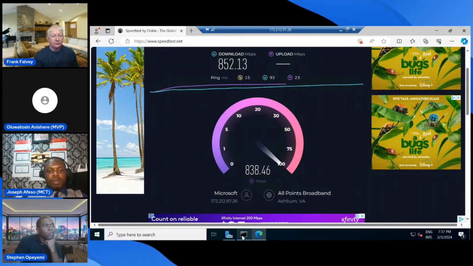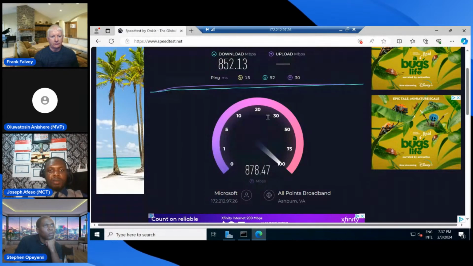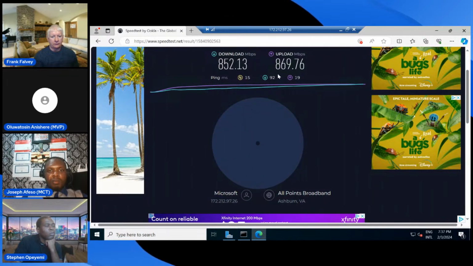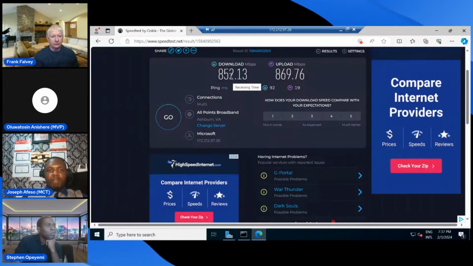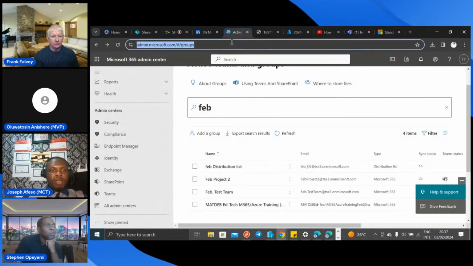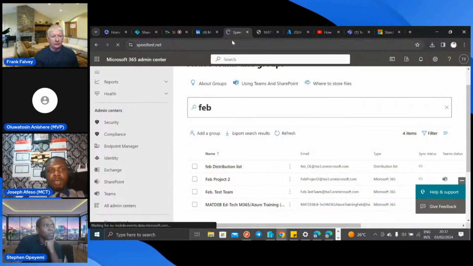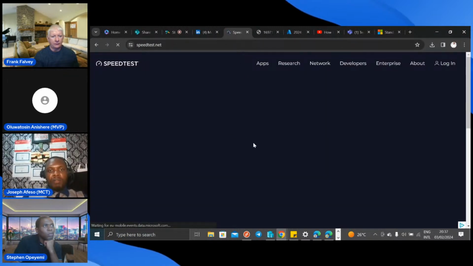So you can see continuous communication with the other machine on the same network. If you come to my local machine itself and try speedtest.net, you're going to see the difference between the Azure VM and what you have in your local environment.